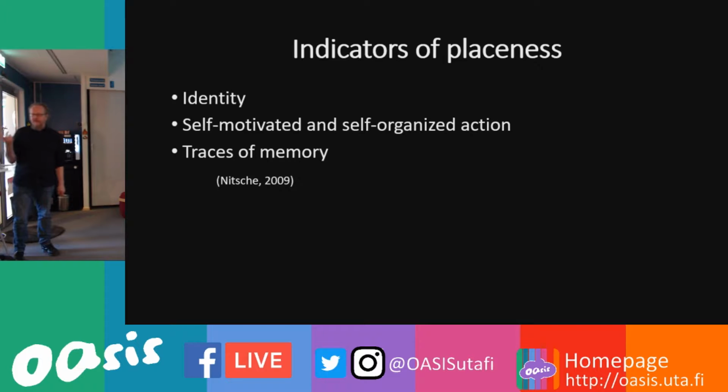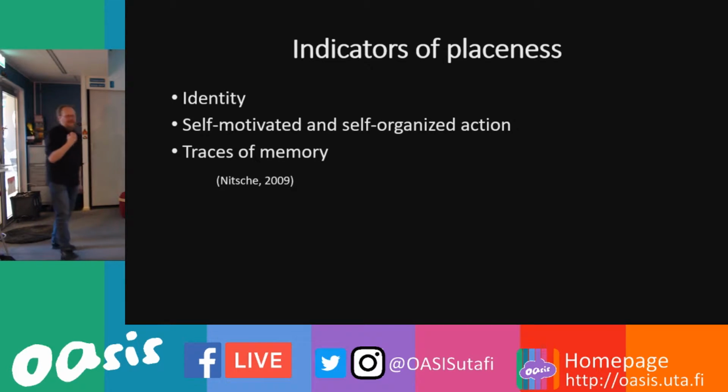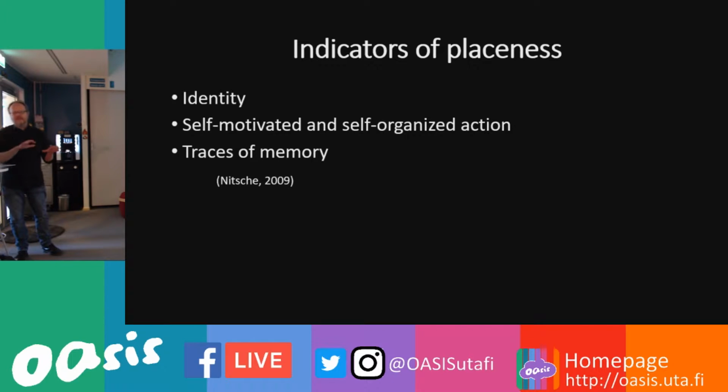Here we are following Nitsche's Video Game Spaces from 2009, where Nitsche argues that there are three main indicators of placeness: identity, self-motivated and self-organized action, and traces of memory. As you can see, these all are about the human connection between the space and the place. So in Red Dead Redemption 2, the identity,